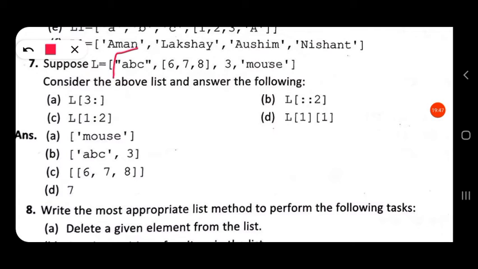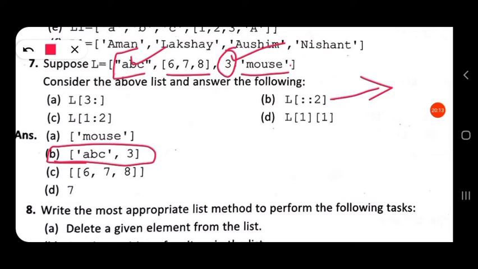So 'ABC' will be included. Then step is 2, so it will skip one element and select the other, and no element is there after that. So only these two elements will be there, and this will be the answer.